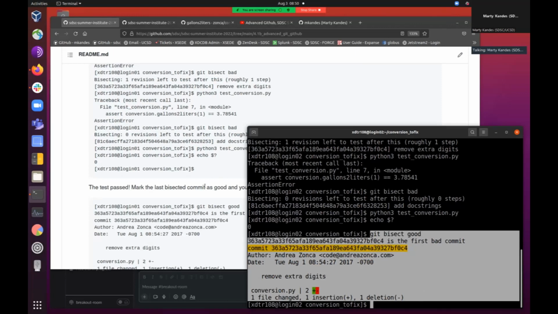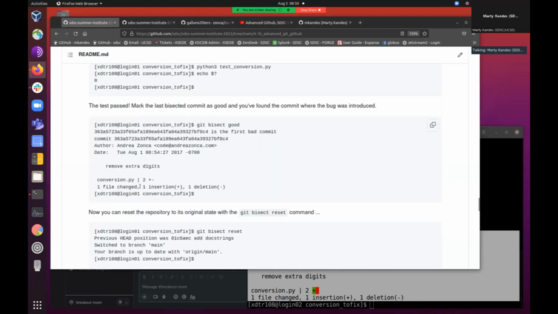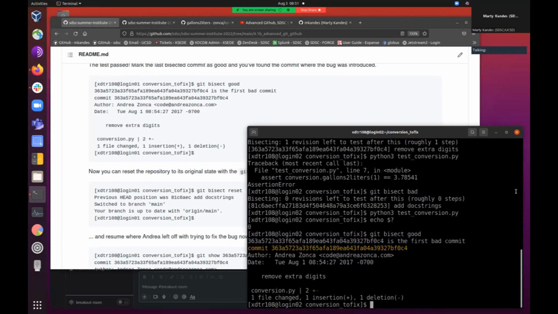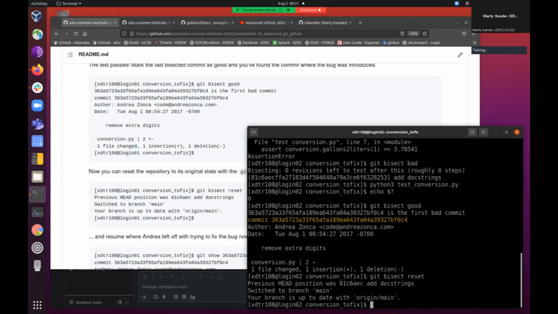And so now what you want to do is do this git bisect reset command, right? So it doesn't automatically fix the problem for you, right? All it does is help you find